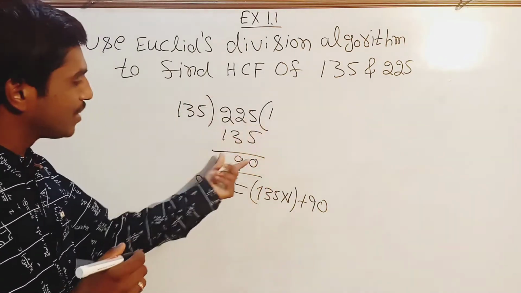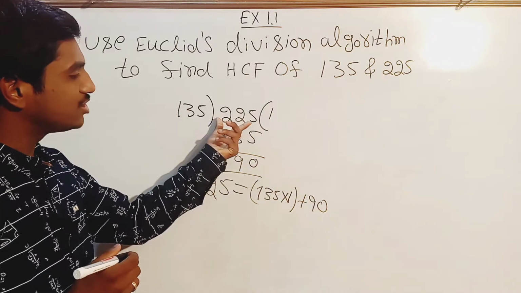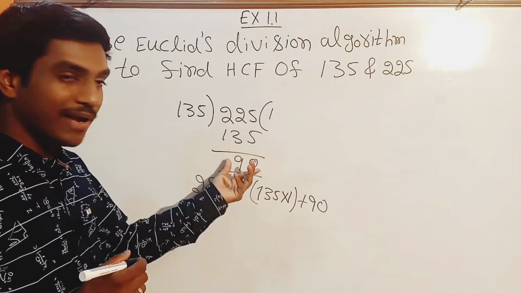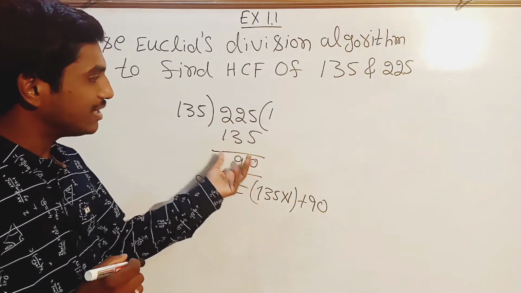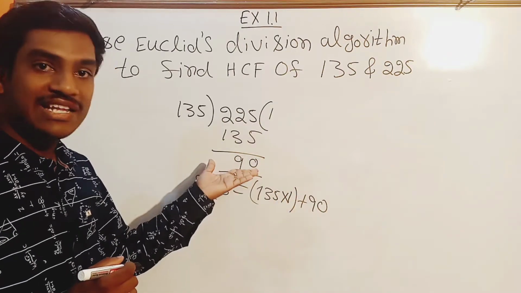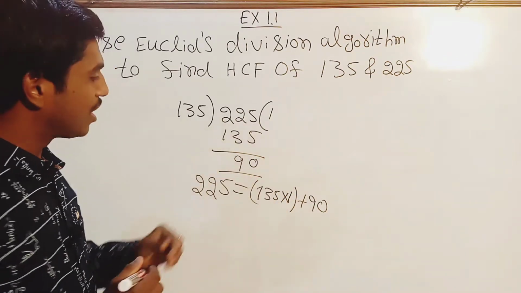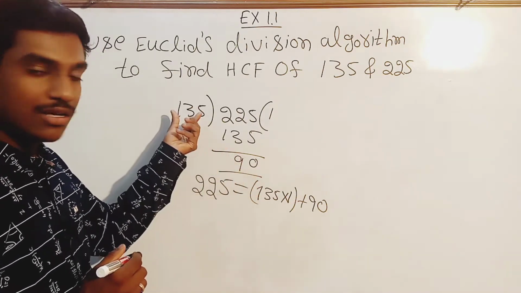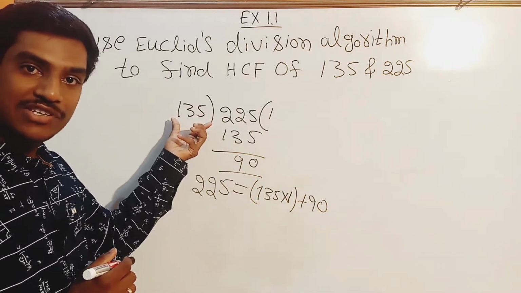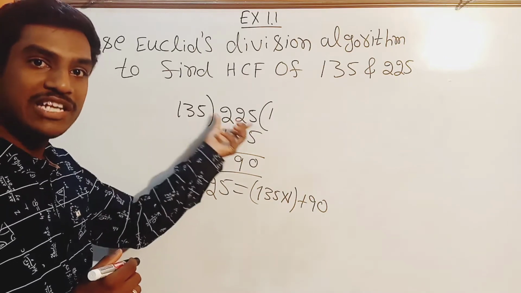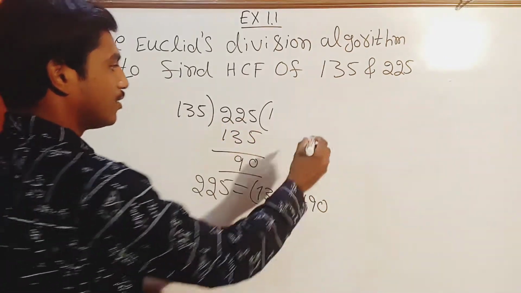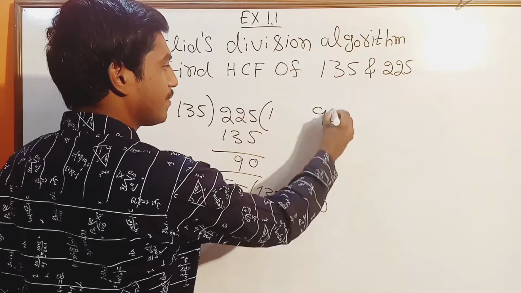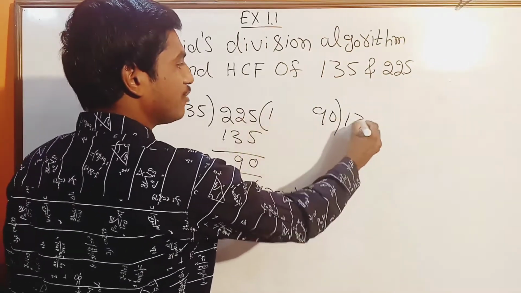Here we have divided 225 by 135 and got remainder 90. Now in the next step, since we didn't get the remainder 0, this remainder 90 will be the divisor, and 135, which is the divisor in this step, will be the dividend in the next step. So we will divide 135 by 90,